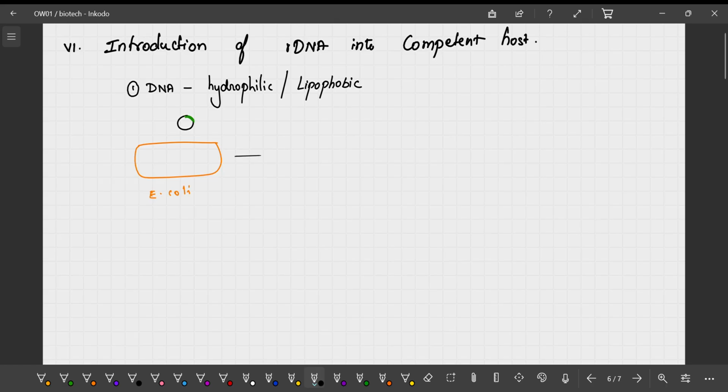So now you have to make sure that the DNA and the cell membrane of your host cell are attaching with each other. So how we are going to do is, that is how we are going to make transformation by treating it with